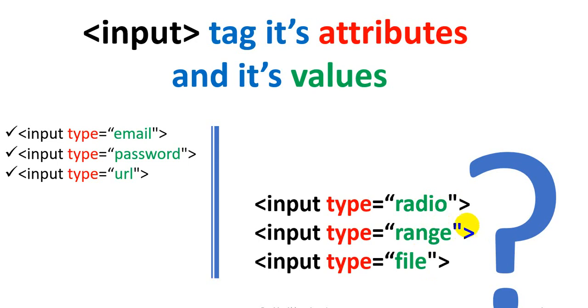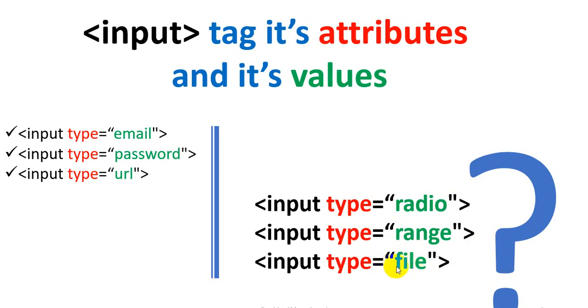Then the next input type we will see is input type equal to file. What is input type equal to file? Suppose you are going to send an email to your friend or family. In that email you write some content, some text, and at the same time you have to send your image, or your resume or biodata. So in that case you have to upload the file. If you want to upload a file, image or any document, you have to use input type equal to file.